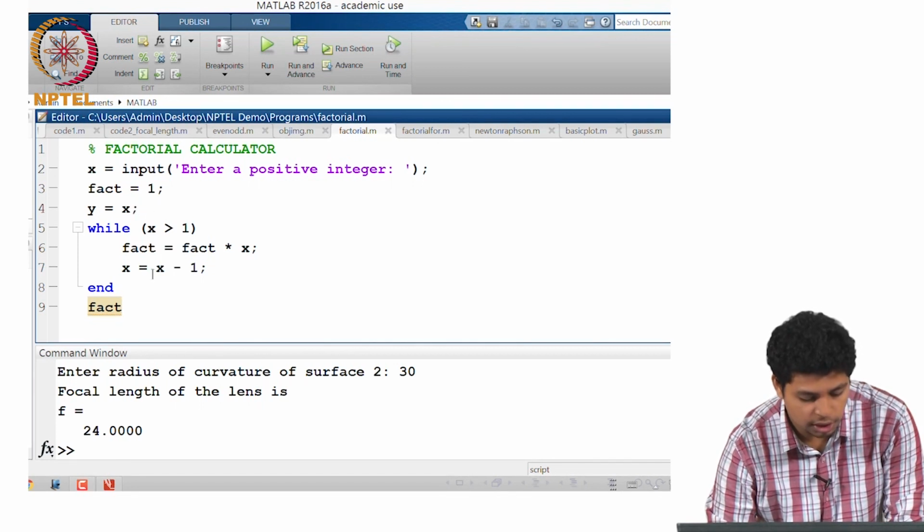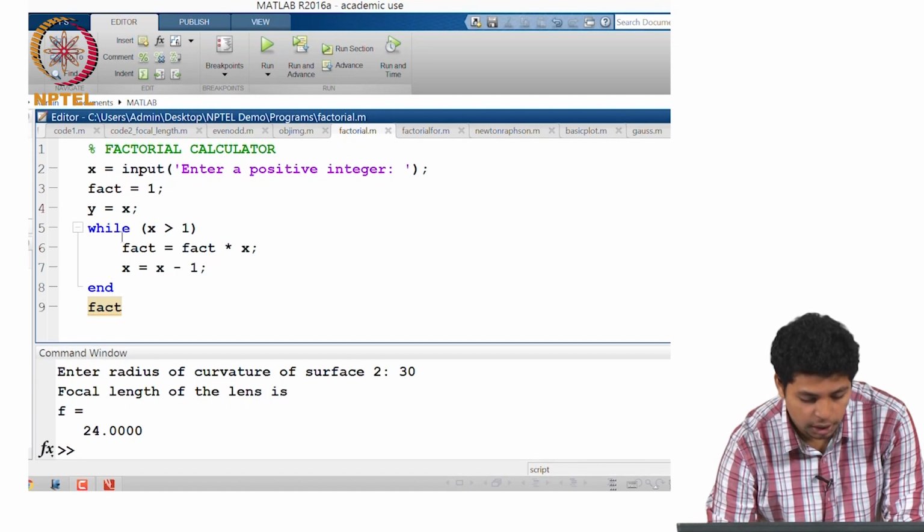This is because the program that I write will update the value of x, and I will not have my variable where I have actually taken the input. So say if I want to put a statement here like the factorial of the entered variable is this much, then I will not have the value of x. That is why I have put a value of y here, so that I can retain that value.